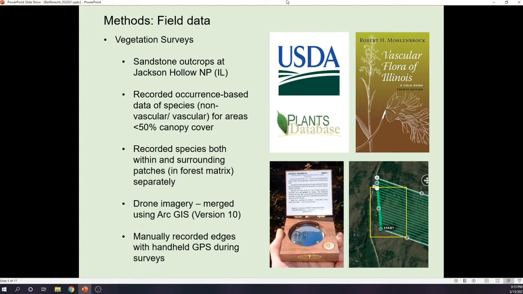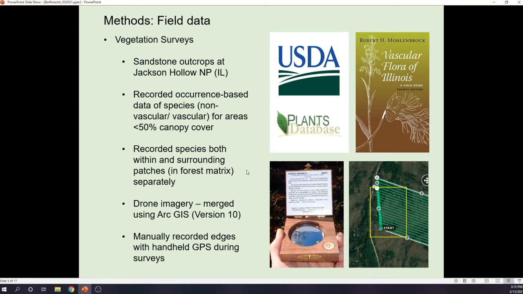Within these sites, species that were both mosses and non-vasculars as well as vascular species were recorded based on their occurrence in areas with less than 50% canopy cover. That was judged using this device here called a densiometer, where we counted along the margins where high levels of light were, if there was a species in question, but most of these areas were quite